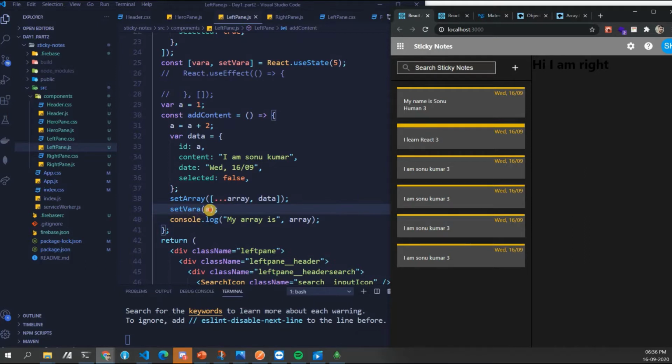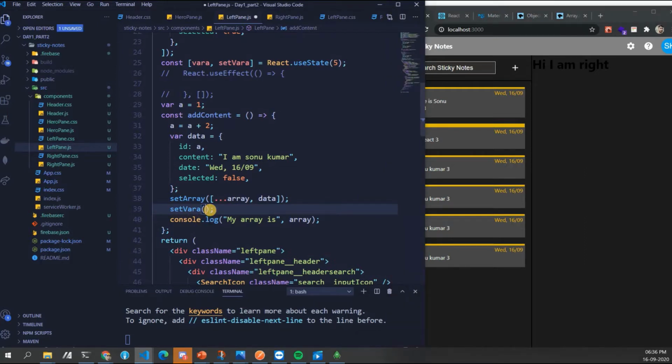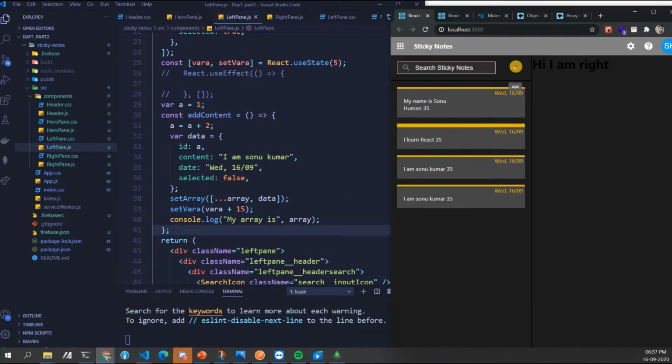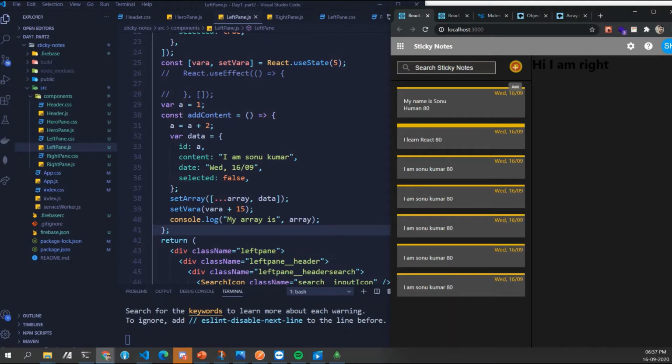So this is how, let's say I am writing var a plus 15 every time. I'm saving this. Every time it will take the value of var a and add 15 to it: 20, 35, 50, 65, 80, 95, 110, right?